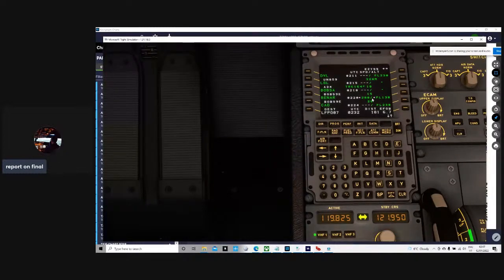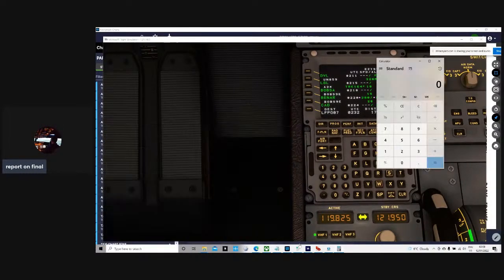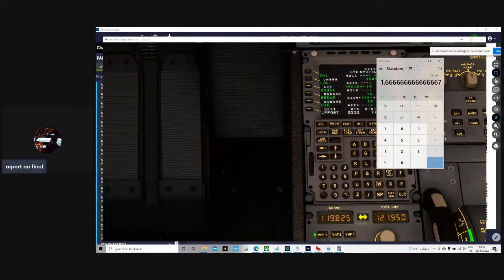10 divided by 6, just what's that, 1.8. Get a calculator. 10 divided by 6, 1.7. So 1,700 feet a minute descent rate. Let's do it. So we'll do that when we get to Lima Golf Lima, or even prior to that. We can say actually that's 33, so plus 7. So 7 miles before